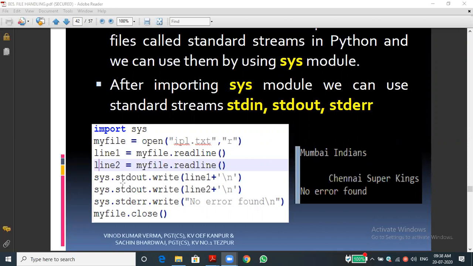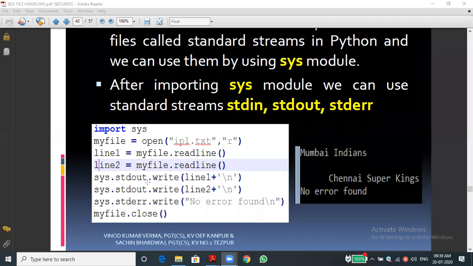Now in this concept we are seeing stdin and stdout. stdin means the input we are getting. stdout means output, we are printing the output. You can see sys is a module name. So sys.stdout.write is like a print statement. We are asking to write into the screen.